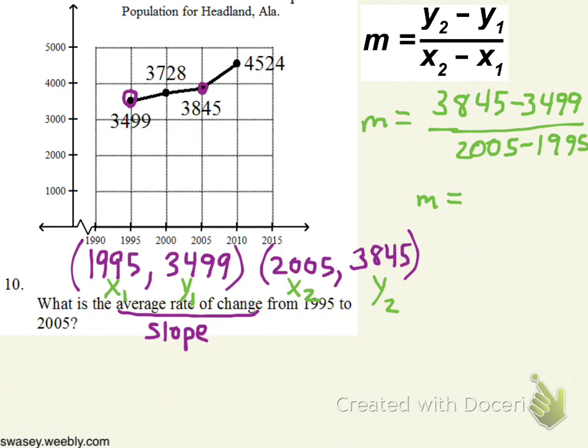On top, when you subtract, you get 346. On the bottom, 10. Divide that and you'll see that you have